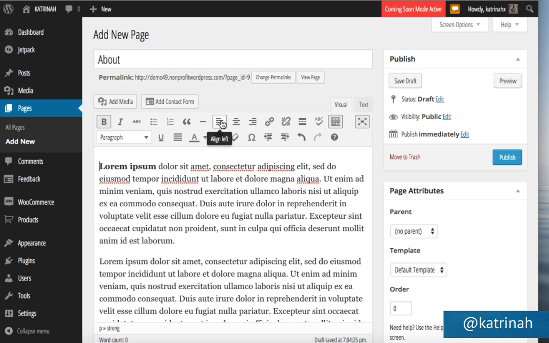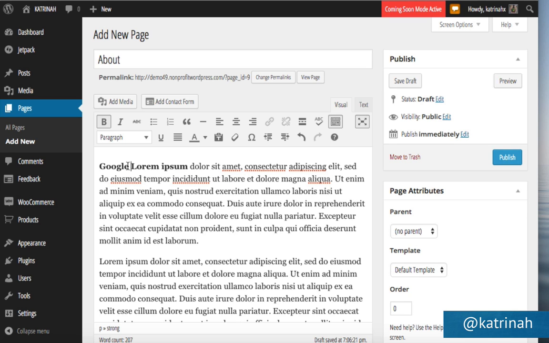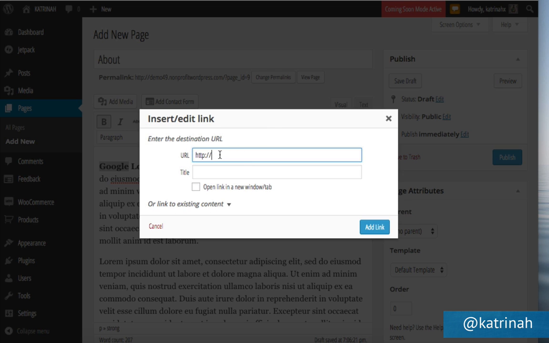particular items will do. A very popular one that I use all the time is this one, insert or edit a link. So as a quick demo of that, if I wanted to create a link to Google, I would just create Google right here. Then I would simply highlight the word just like I would in an email or word processing document. Then I click on this link here, and then I would add where I want this to link to, google.com.